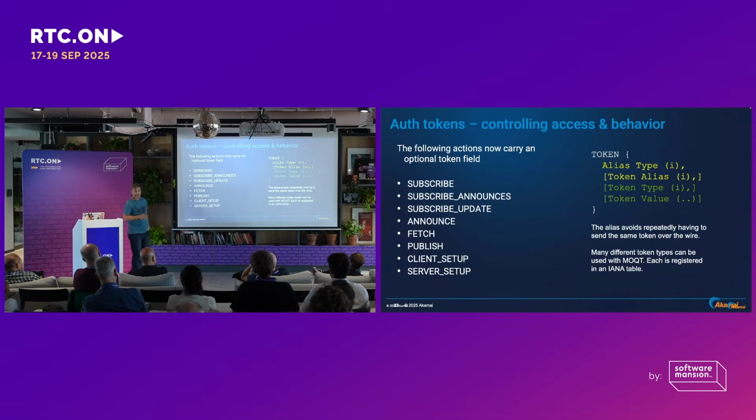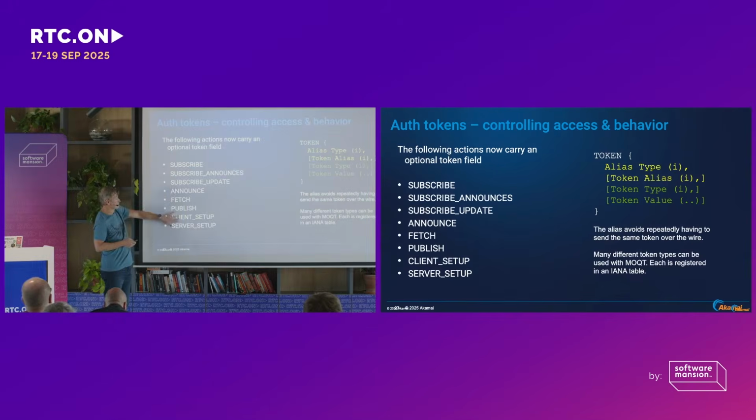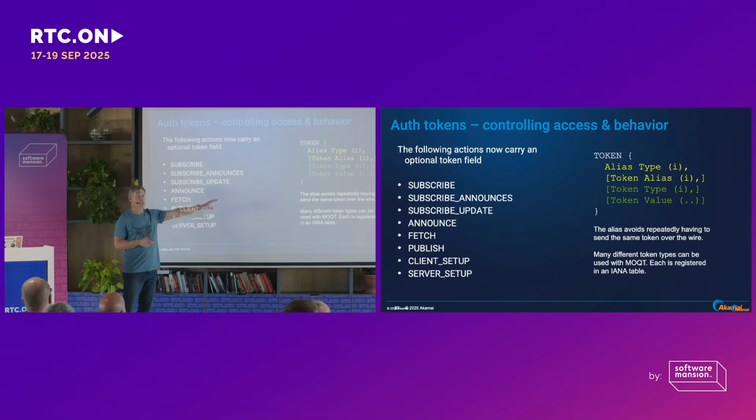Auth tokens are necessary. The internet is a lovely place to commit crime. And this is going to be a very accessible network. So we want to protect many things. We want to protect access to the network, but we also want to protect what you can do on it when you connect. So maybe you're allowed to connect and you can only subscribe but not publish, right? So we have a lot of, these are all the actions you can take. And we've created a generic token system that can supply encrypted tokens that constrain this behavior.